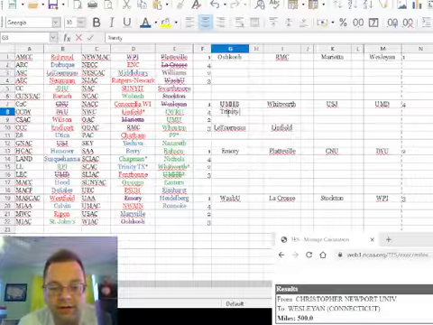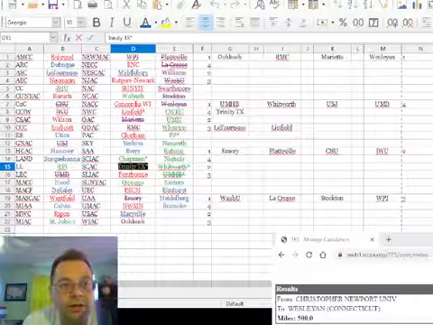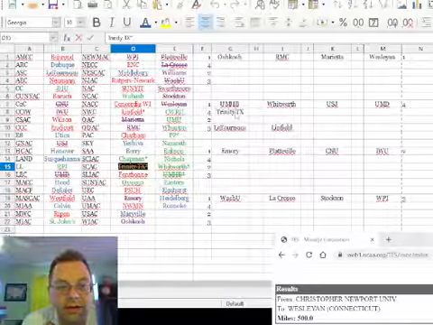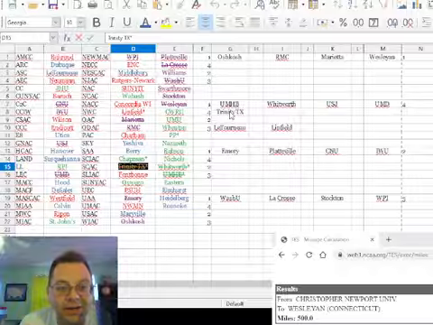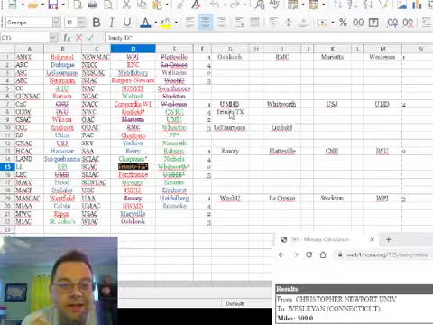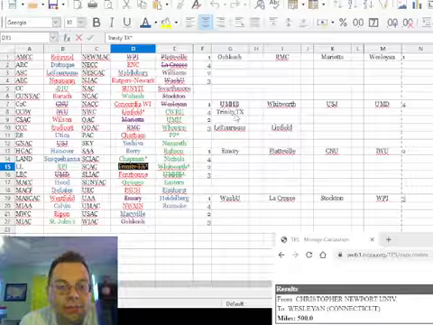which leaves Trinity, which is not an ideal first round matchup for either of these teams. But Trinity's strength of schedule is not super strong, so they're going to be farther down in the rankings, and they're going to have to play Mary Hardin-Baylor at Mary Hardin-Baylor in the first round. Their only hope at this point is that maybe LeTourneau doesn't win the ASC and doesn't get into the tournament, and that would change some things a little bit and make things different, and that might get them a more favorable matchup. But given the teams that we have, this is really the only option to put them in, given